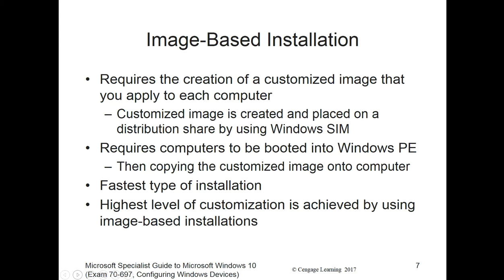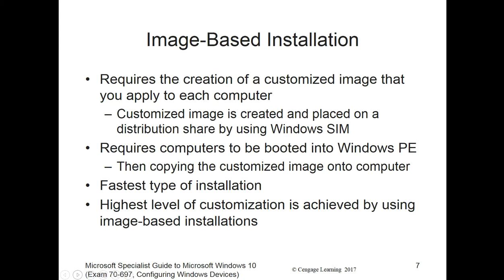Now, this is the fastest type of installation. It has the highest level of customization achieved by using image-based installations. So we can have a Windows 10 operating system with other applications already loaded on it, all pre-configured, and we'll just push that out